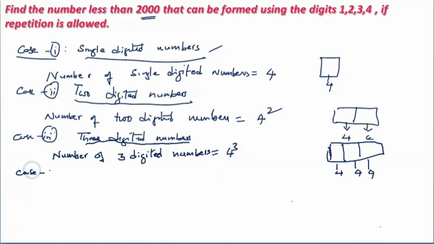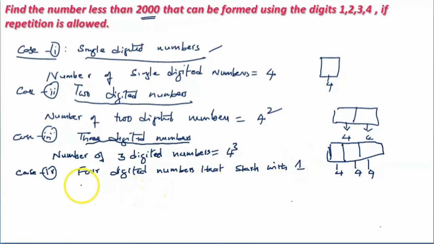Okay. Next, case 4. What is case 4? Four-digit numbers, that too less than 2000 we need. So four-digit numbers that start with 1. Since we need four-digit numbers that start with 1, the number of four-digit numbers is equal to